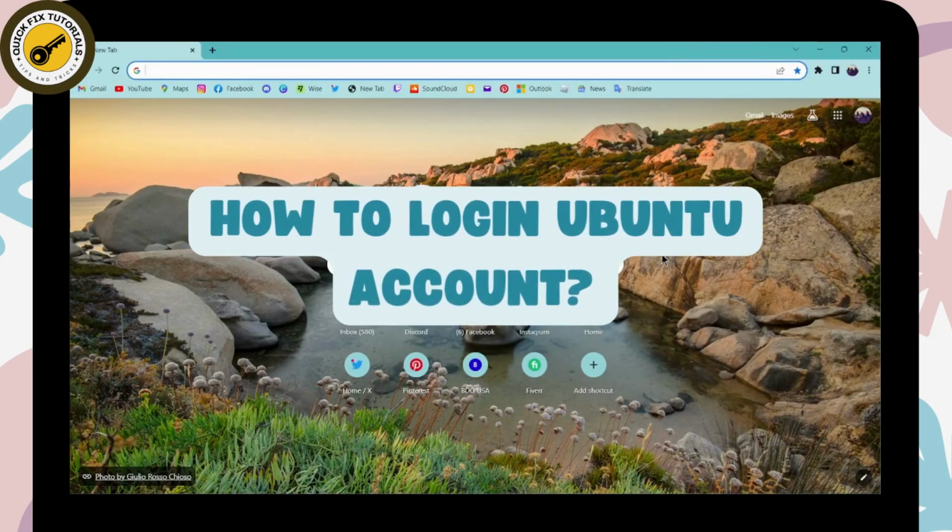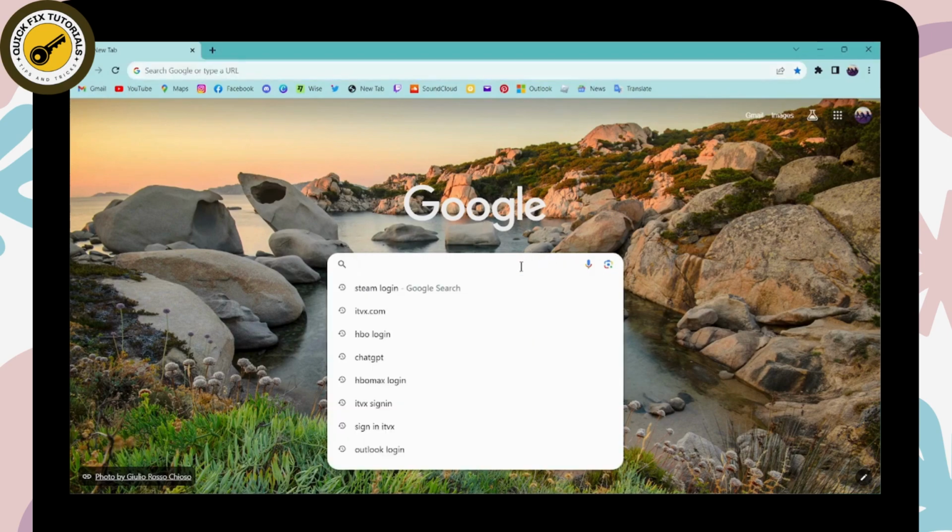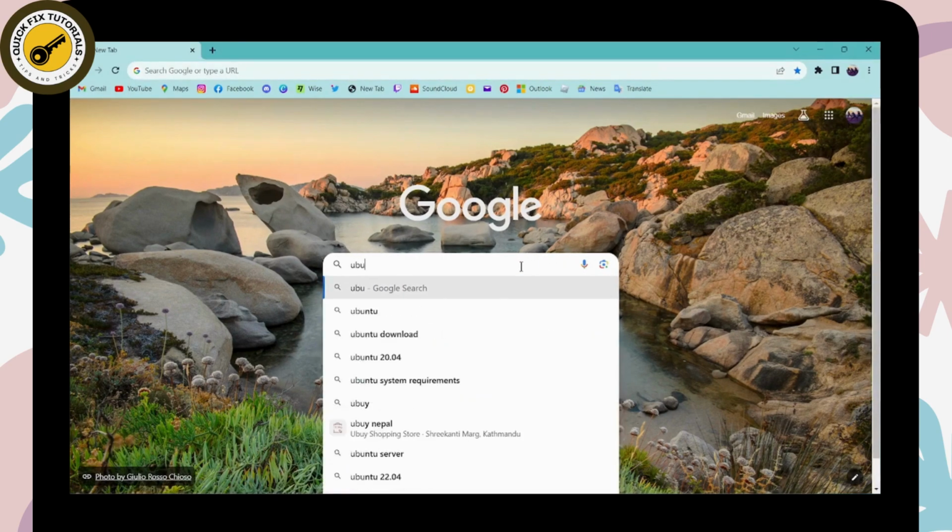How to log in Ubuntu account. So if you want to log into your Ubuntu account, then first of all you need to open up a browser, any browser which you're comfortable with, and I'm here with Chrome browser. You can simply go for the search bar and then search for Ubuntu